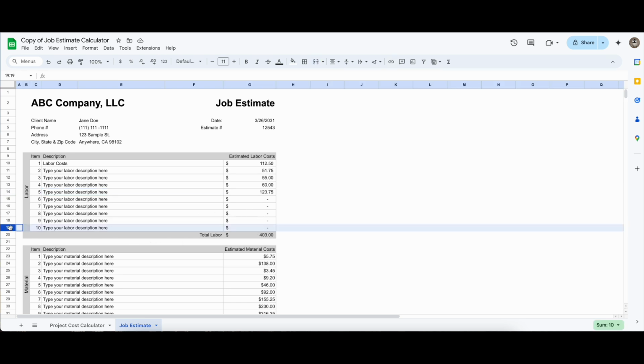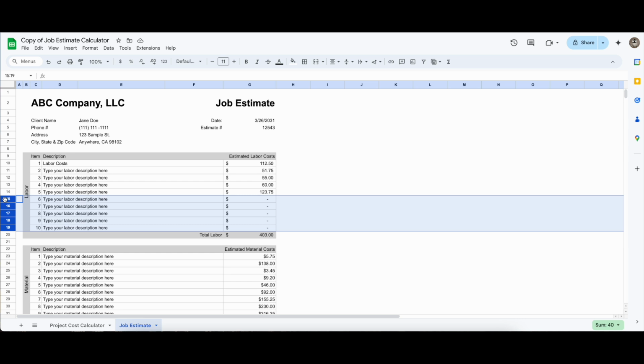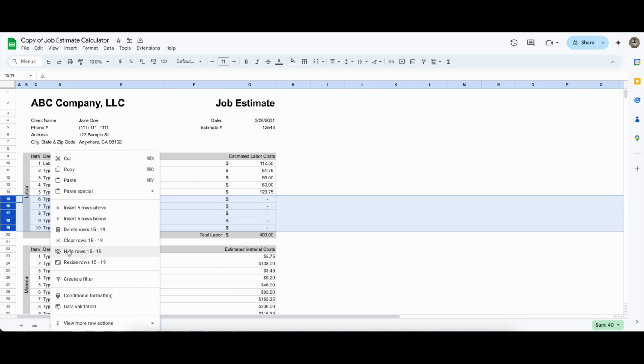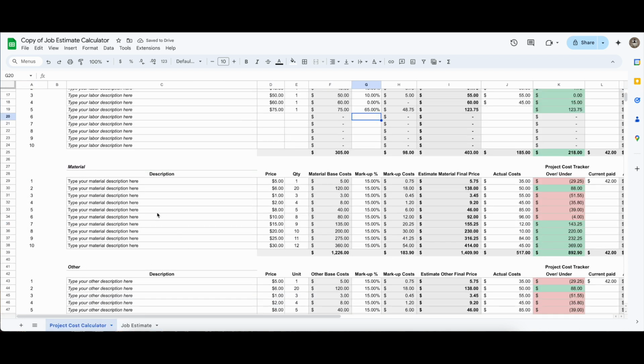So what you can do is you can hide the cell. Any items that you don't have, you can just hide, right? From row 15 to 19, I don't have any of those. So I'm just going to select row 15 to 19, then right click and hit hide, right? Same thing if, let's say, we only have 5 items